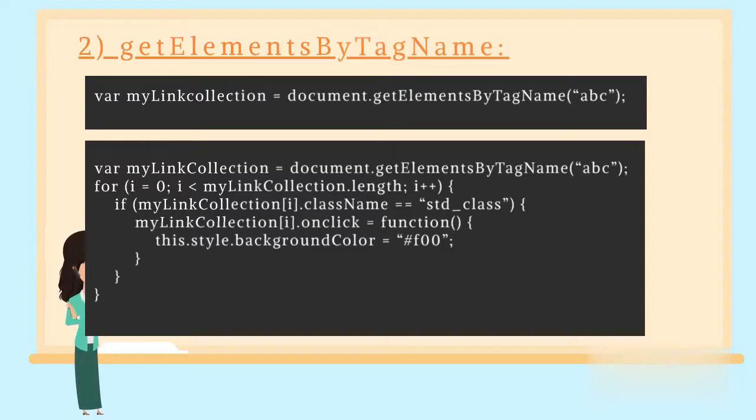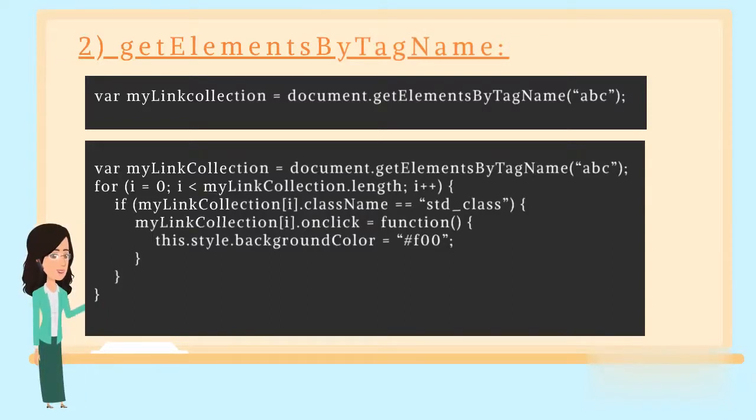If we can use link in get element by ID, why should we use get element by tag name? Well, using ID allows you to access only one element because an element can have an ID but not IDs. So, for each element, you need to use multiple get element by ID calls. Meanwhile, by tag name allows you to have multiple links with the same class name. That's why we use this method. We can set the onClick trigger in a precise manner. So this is the most beneficial method.